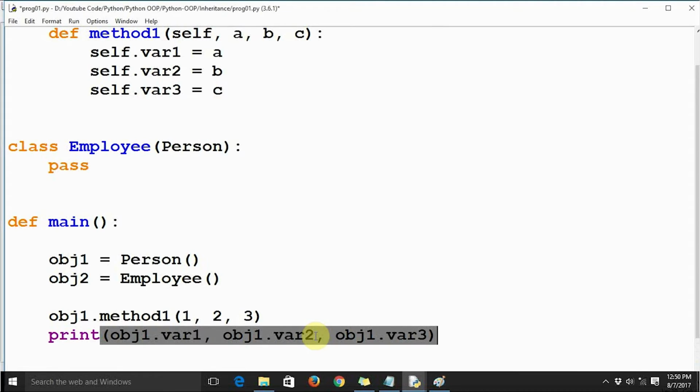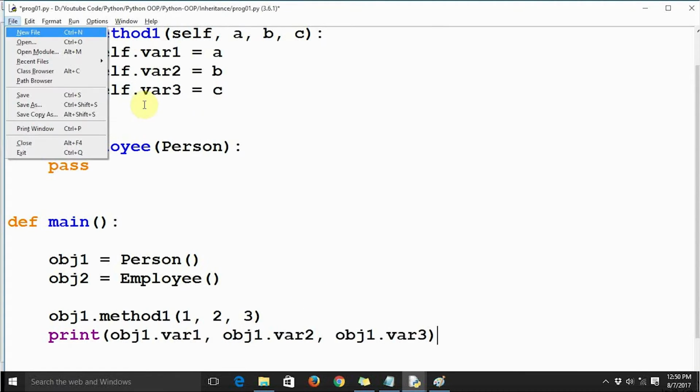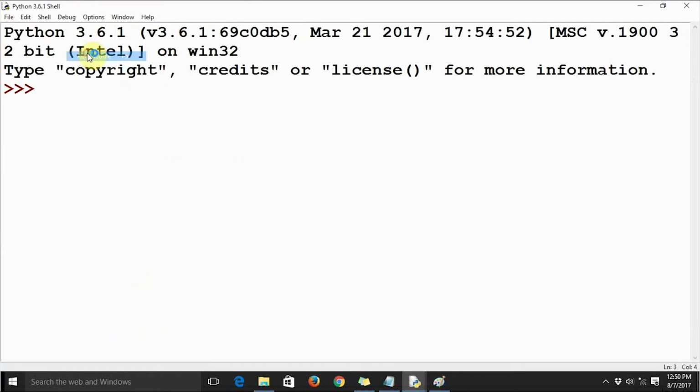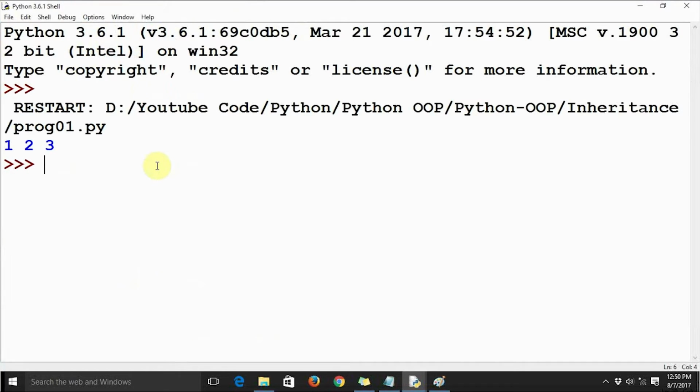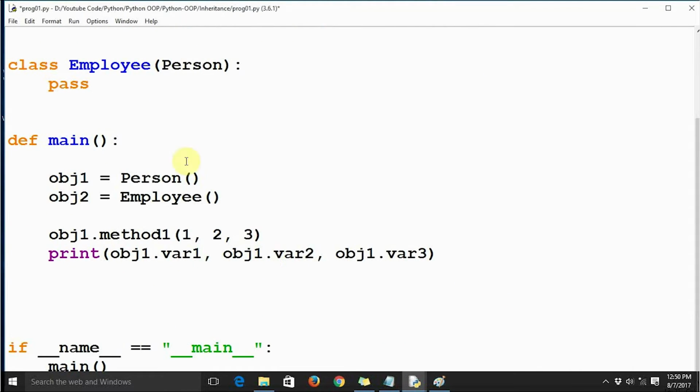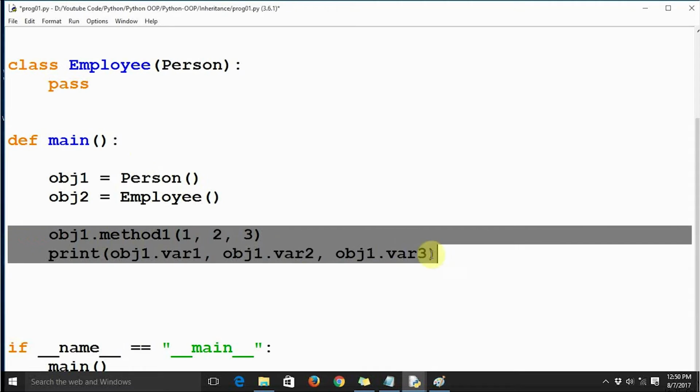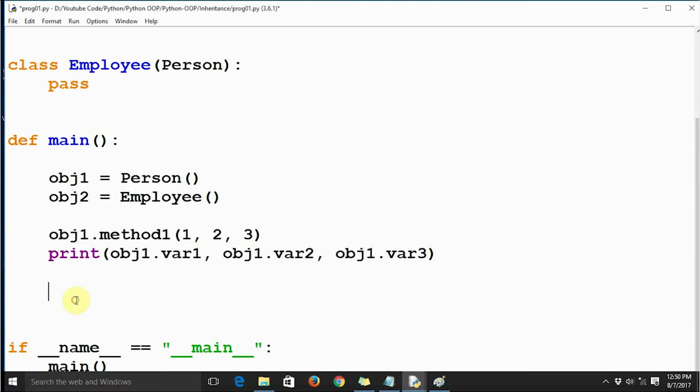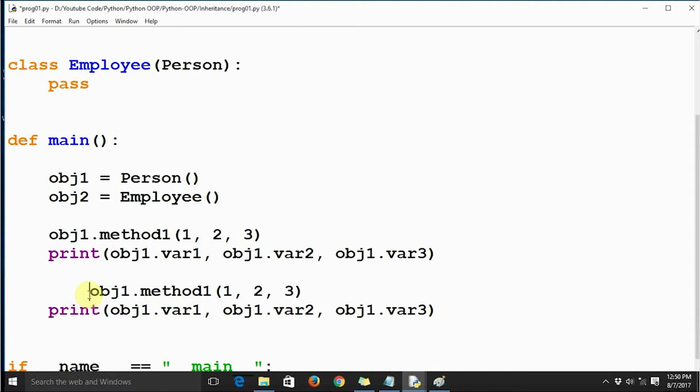Okay, so let's try to run this code again. Here we are able to get the values 1, 2 and 3. Now we are going to access the same set of variables as well as attributes with object 2. Let's see whether it works.